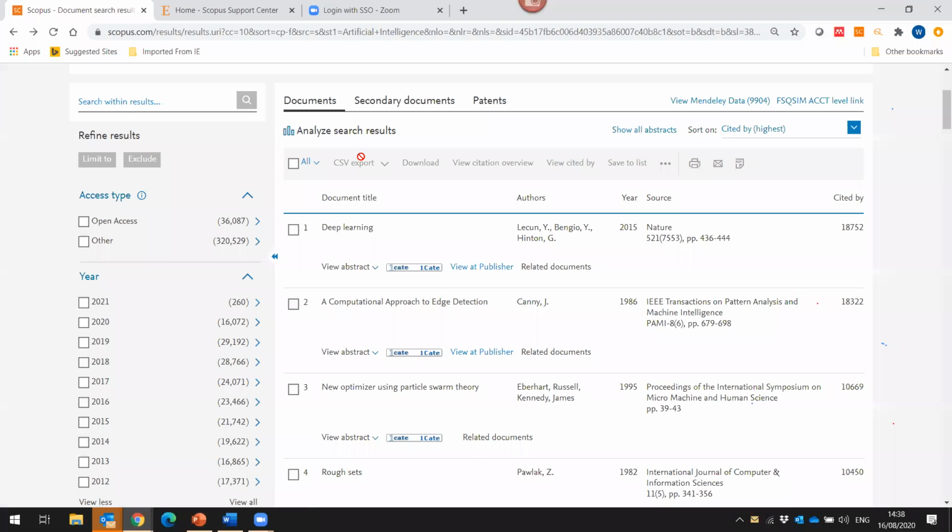Let's go back to the list of search. So this is the list we have. We can do analysis for this search. We can actually export. If I've done a very sophisticated search and I would like to export this information, I